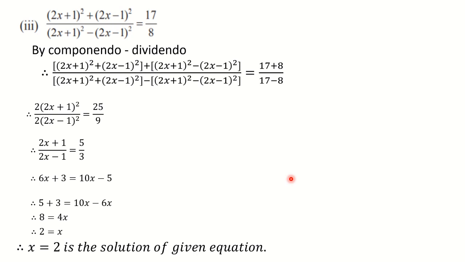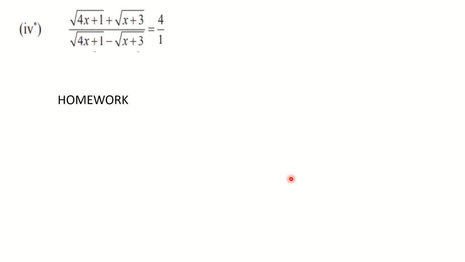Okay, let us go towards the fourth sub question. This you will solve as homework. Why? Because solved example of similar type I have discussed in the previous lecture. You will find that here square root is present. Okay, so in the previous case we have taken square root. All the steps are similar to question number 3 only.